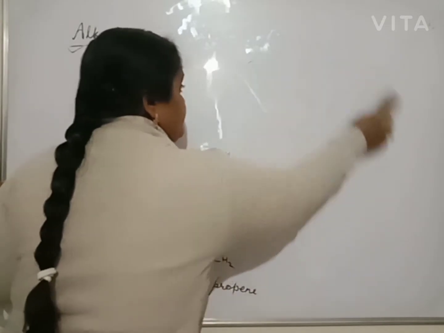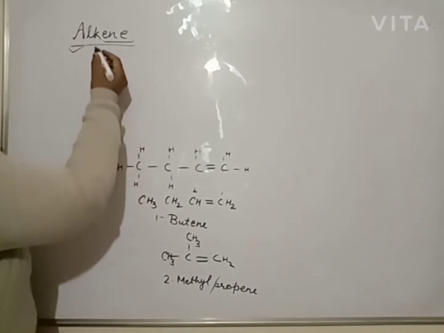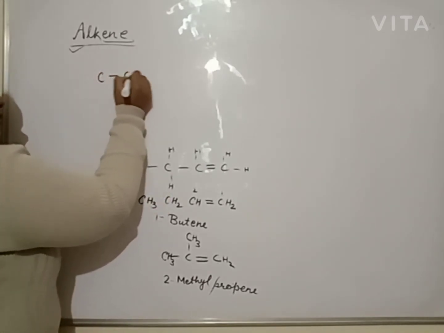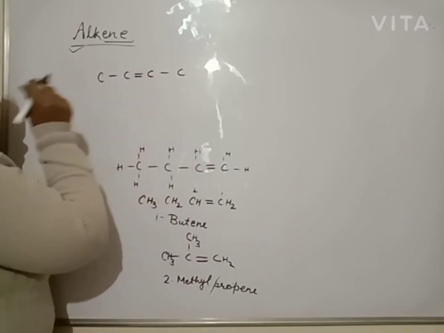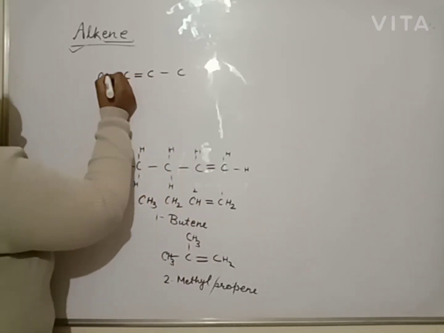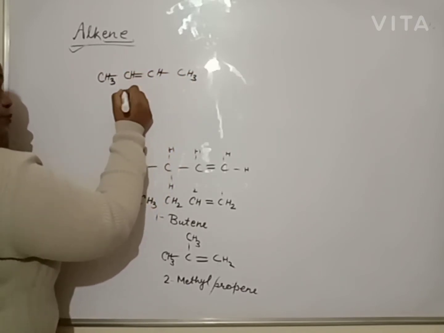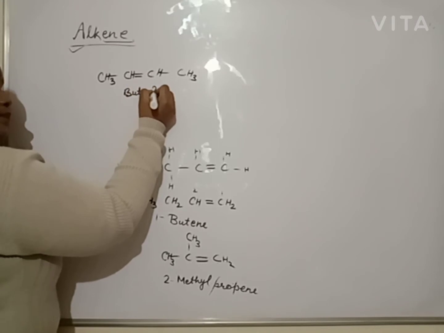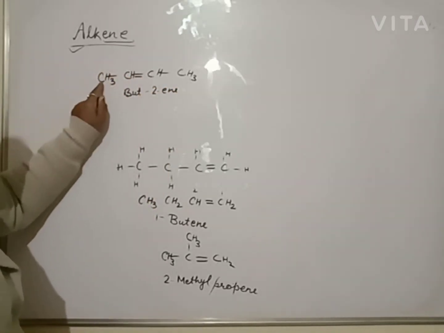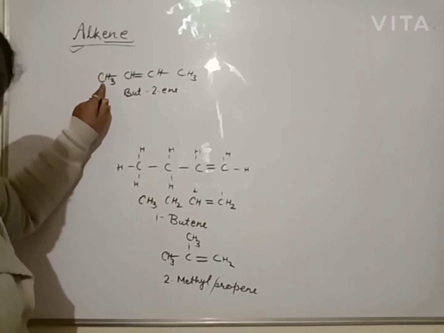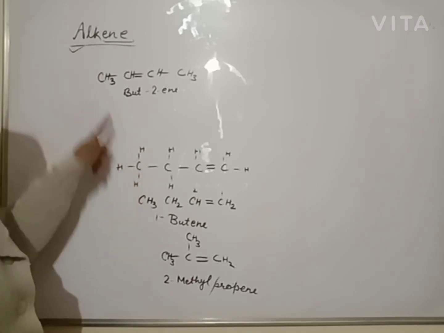Now more structures, by changing the position. We have a 4 carbon chain, 1, 2, 3, 4, with the double bond at first and second. Now draw the double bond between second and third and complete the valency. This is 2-butene. If we shift the double bond between the 3rd and 4th carbon, then according to the lowest number rule, the naming starts from the other end, so this will be a repeat.